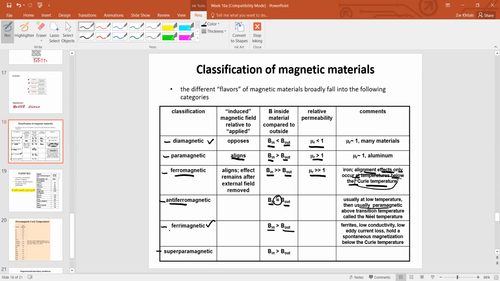Okay. In the ferromagnetic material, B inside is, so they still are producing, because most of the domains will align themselves, but very few will misalign, will anti-align themselves to the external fields. Okay. And then we have the supermagnetic materials. By supermagnetic, they are from the